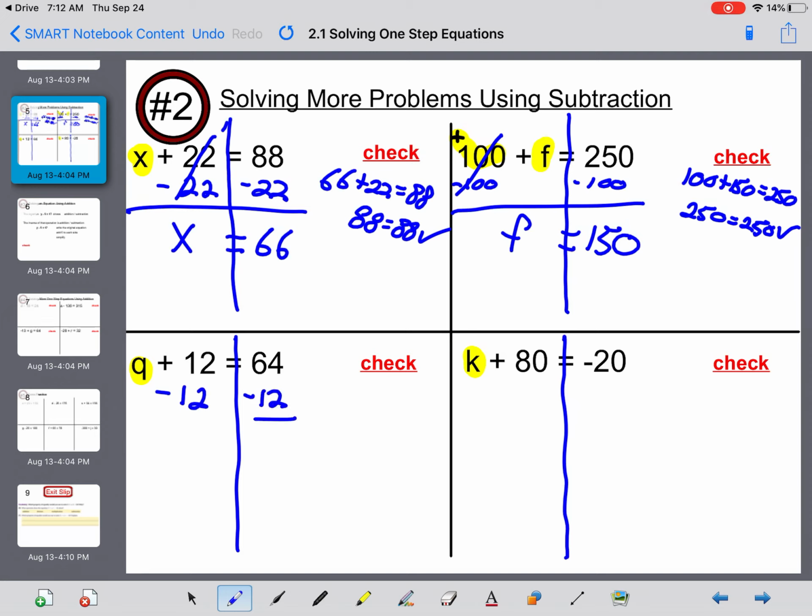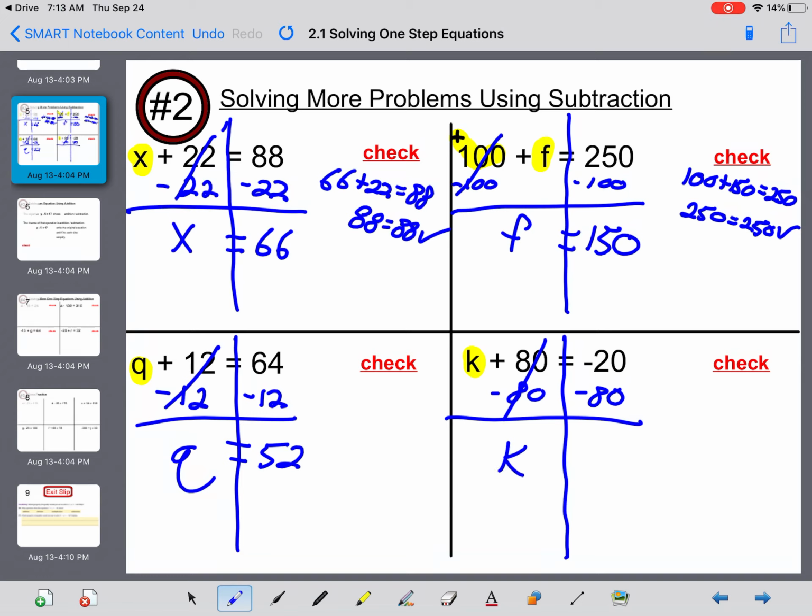Q plus 12. So I'm going to subtract 12 on both sides. 12s cancel. Q equals 64 minus 12. It's 52. K plus 80. I'm going to subtract 80 because we're trying to get K alone. Cancel your 80s. And we get K